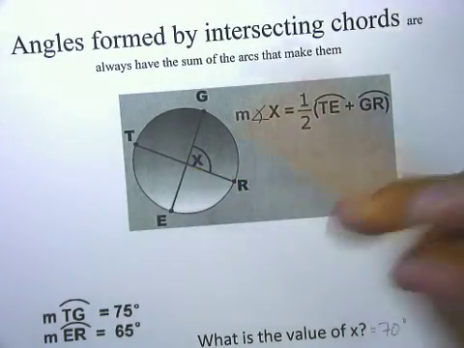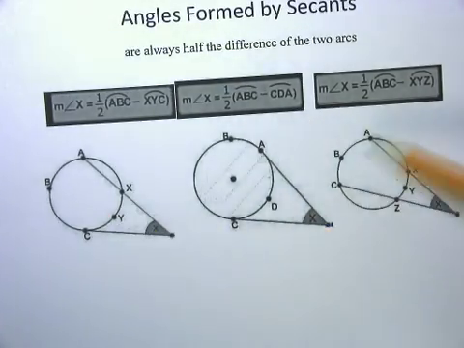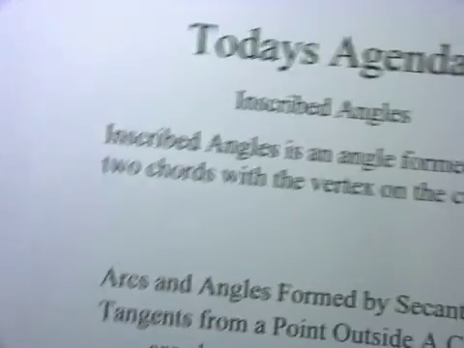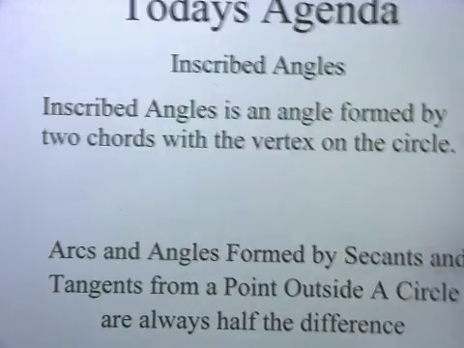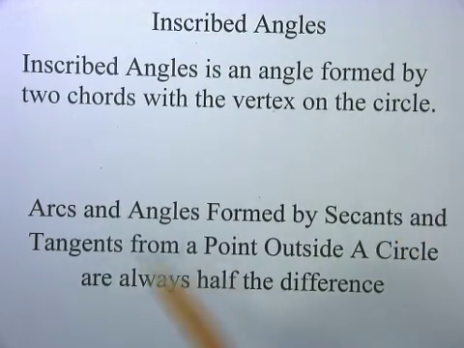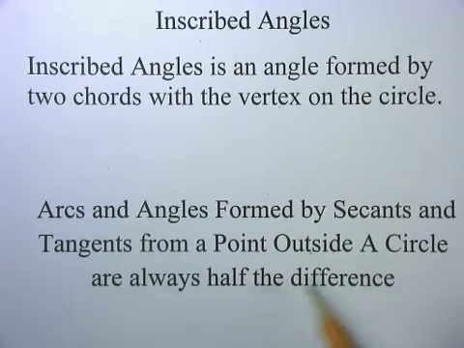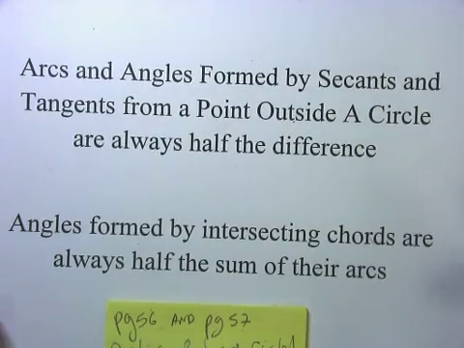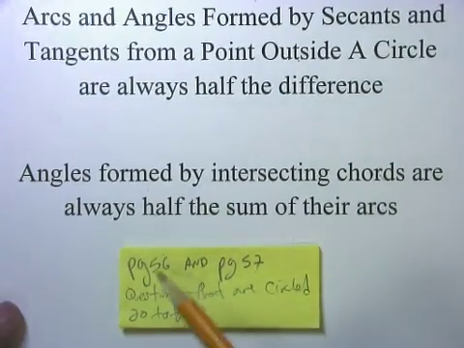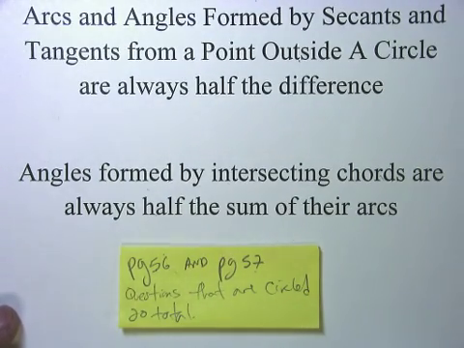And those are the lecture and the notes for intersecting lines inside of a circle, or a point made by two chords inside of a circle, and the point outside of a circle made by two arcs. We know then that an inscribed angle is an angle whose vertex is on the circumference. We know that when we have a secant or a tangent line and the point is outside the circle, it's always half the difference. We subtract and divide by 2. And when our angles are formed by intersecting chords